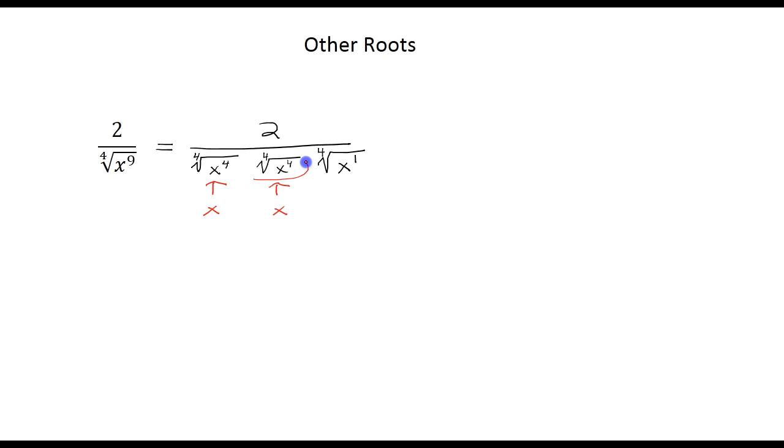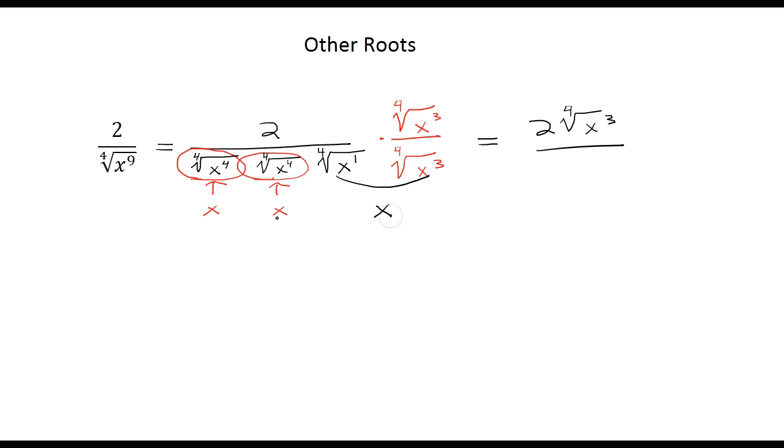Because anytime the index and the root have the same exponent, they will undo each other. Now this guy needs 3 more x's to make it work. So I need to multiply by the fourth root of x cubed over the fourth root of x cubed. If I do that, in the numerator I get 2 times the fourth root of x cubed over, this gives me an x, and I've got an x here and an x here, so I end up